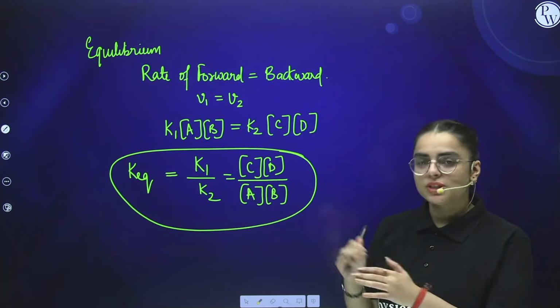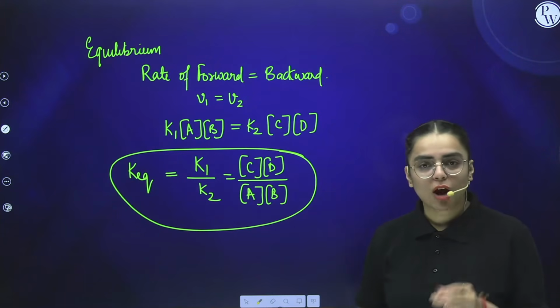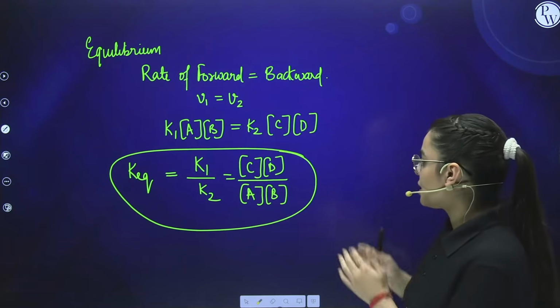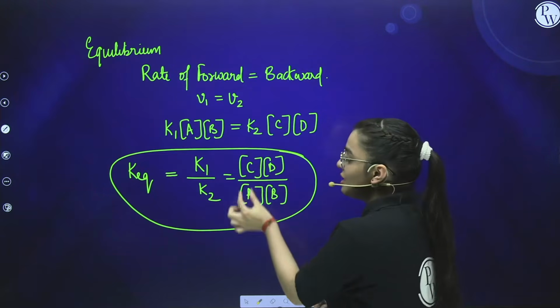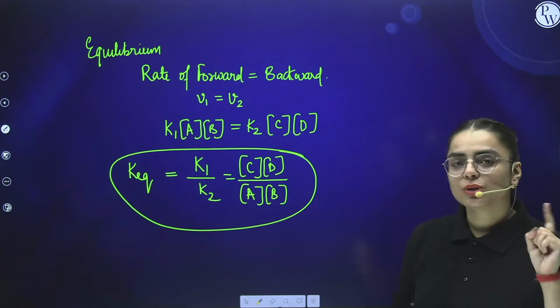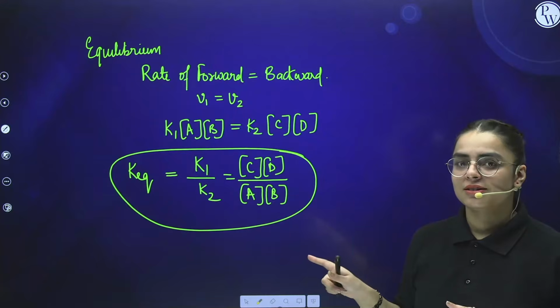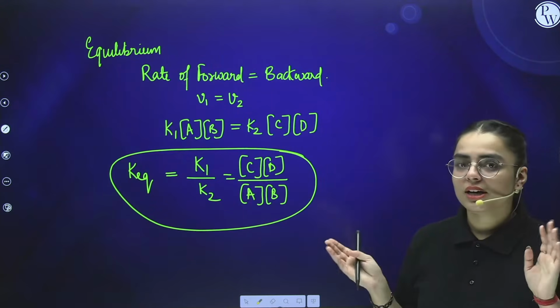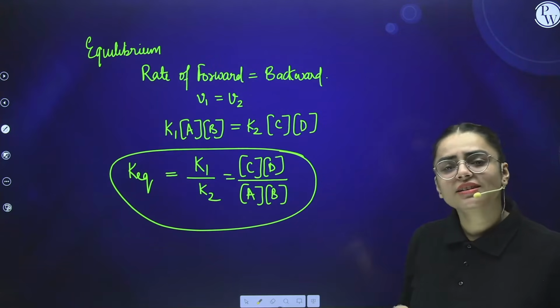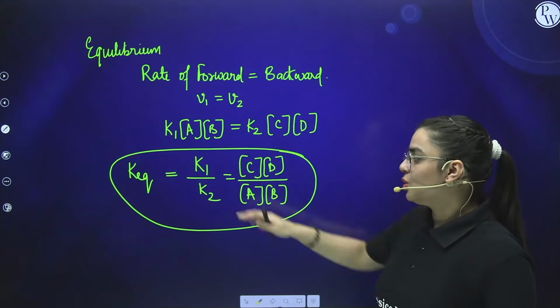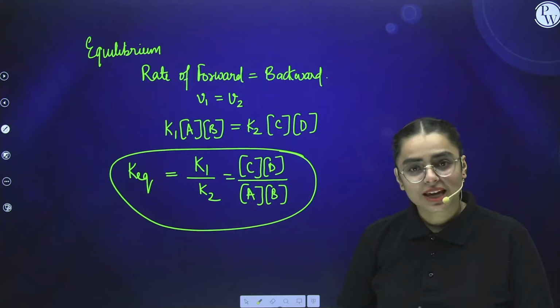So when we are going to see the question segment, I'm going to explain to you how to execute this formula. First of all, students, here we have taken the active masses, and to calculate active masses, you have the formula. So you can use that formula here. Is it clear? Now you can correlate. First, we'll find active mass, or directly they can give you active mass in the question also. Okay, so you'll put this over here and you can find out the equilibrium constant, which is K equilibrium.